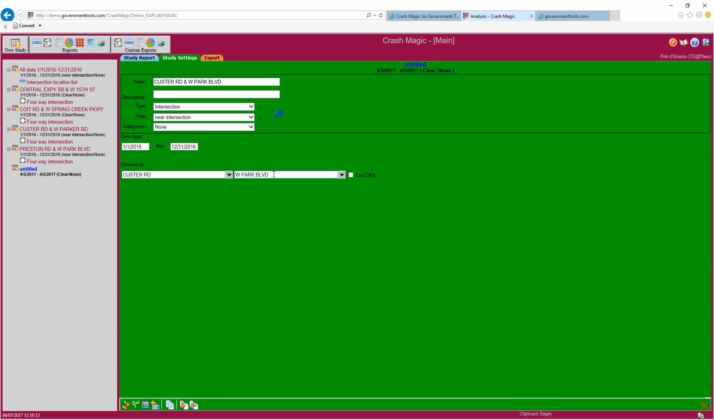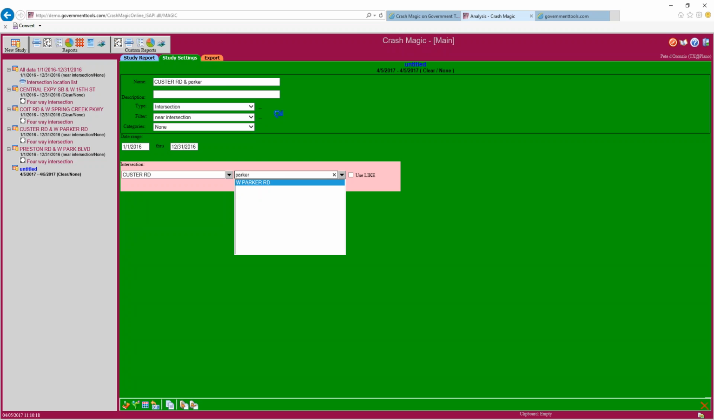I'm just starting to type and it gives me those values, and I do Parker, and I've got some options, and there's West Parker. Important to note, I've received a number of phone calls where somebody will do this. Occasionally you may find that you have enough street names in your database that you'll start typing a letter